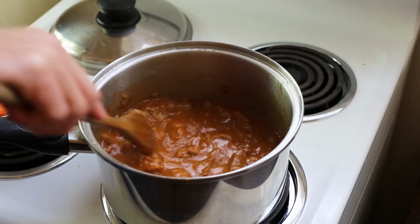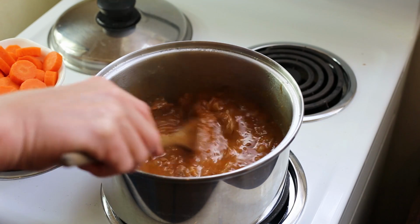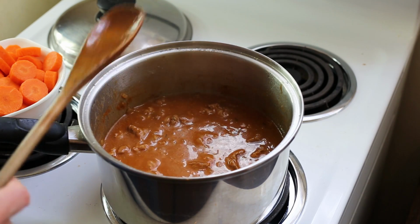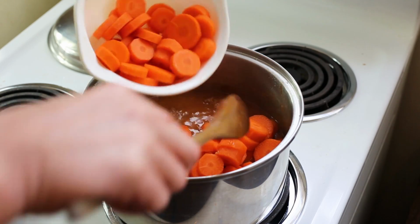So of course now we've pre-cooked the meat for 1 hour. I had some taste going on, but because it's very acidic because of the wine and the tomato paste, we need to add some sugar. Usually that's what you do. In this case, I'm using carrots. So after 1 hour, you're going to put the carrots in